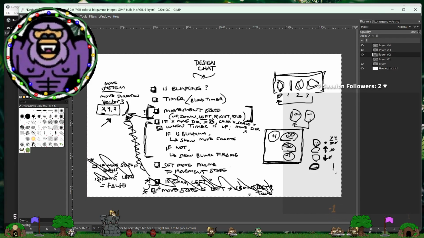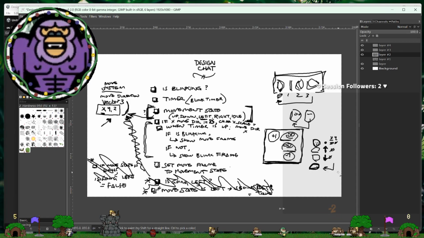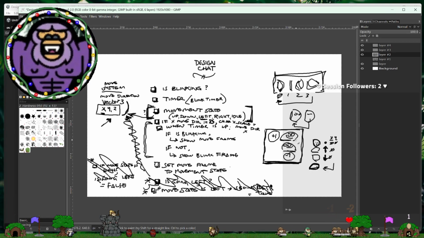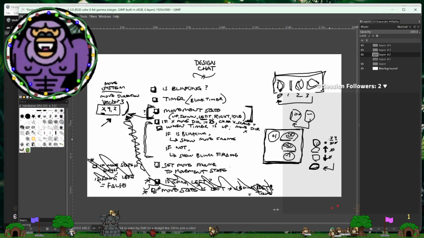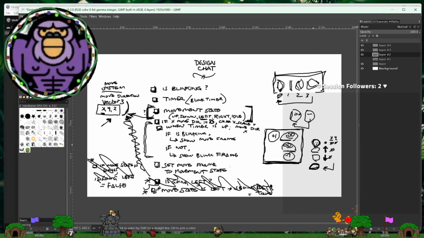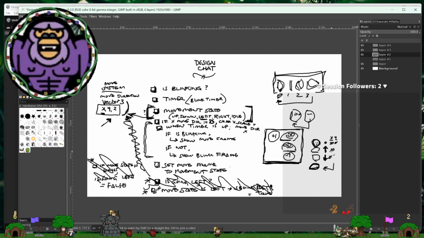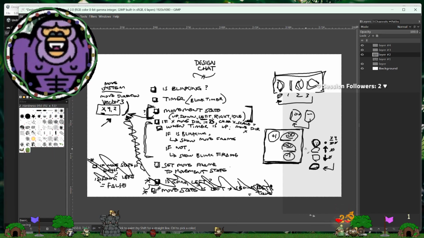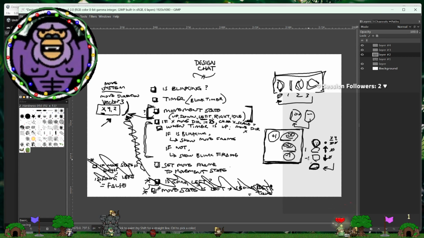Otherwise, we show this. This is a simpler set of rules. Check it out. If X and Y are both 0, then we are idle. If X is 0 and Y is not, then we can go down the road of if it's a positive 1, we go up, and if it's negative 1, we go down.